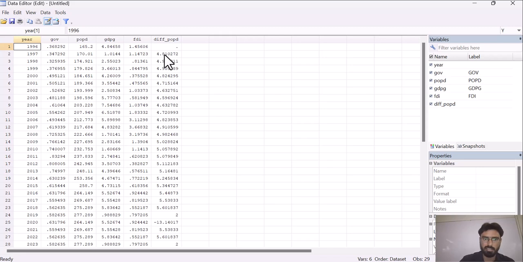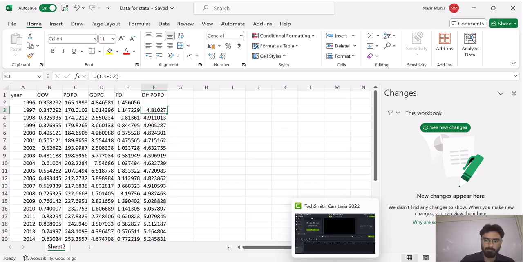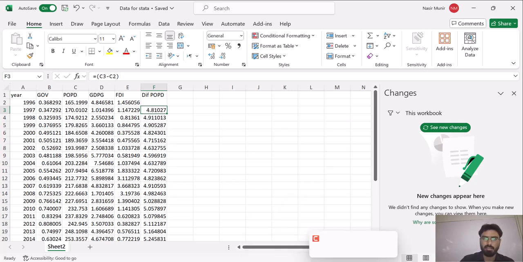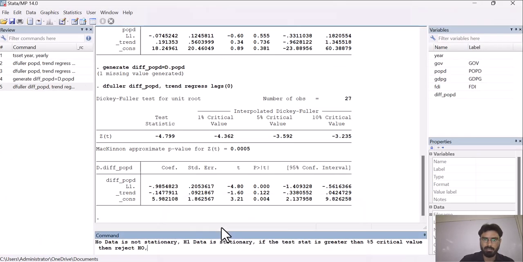Here you can see that the first two values are 4.81 and 4.911, and if you go to the Excel file, you can see that when we have taken the first difference in Excel, all of these values are the same. So this is how you can take the first difference in Excel and Stata, and this is how you can check the stationarity of a variable which is stationary at first difference.